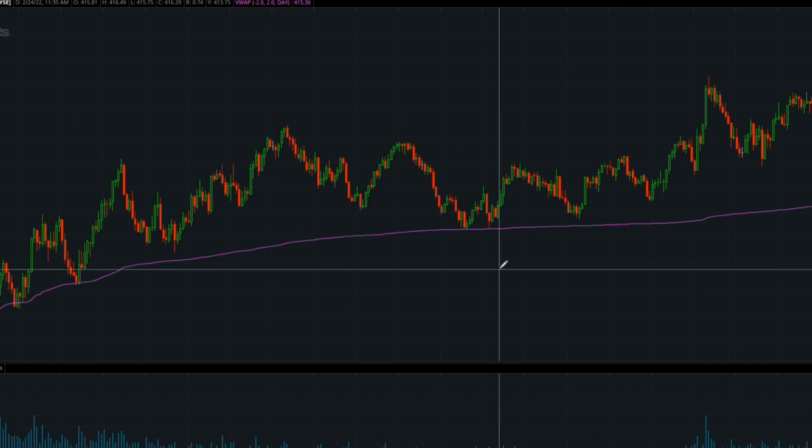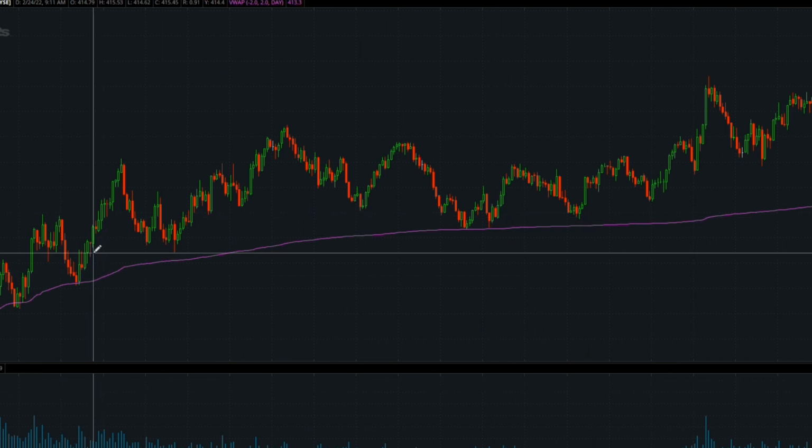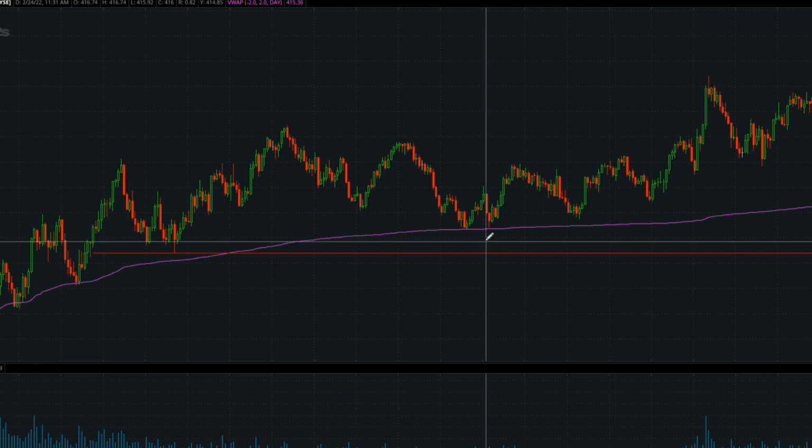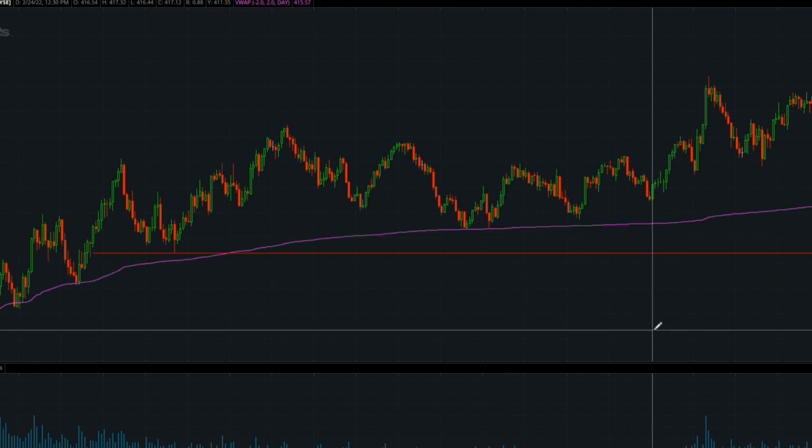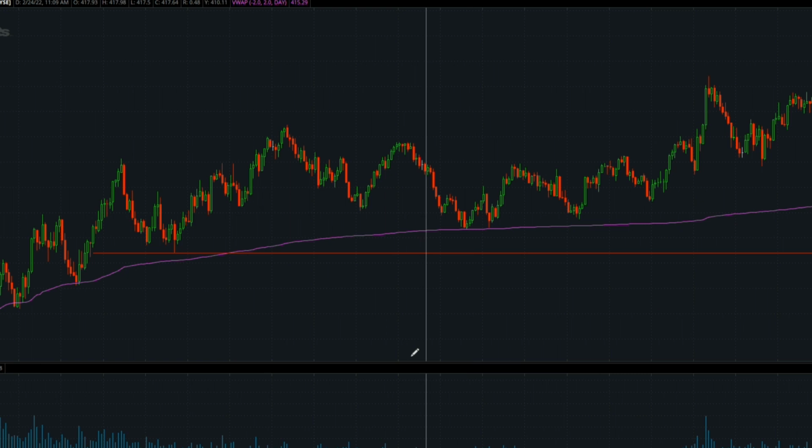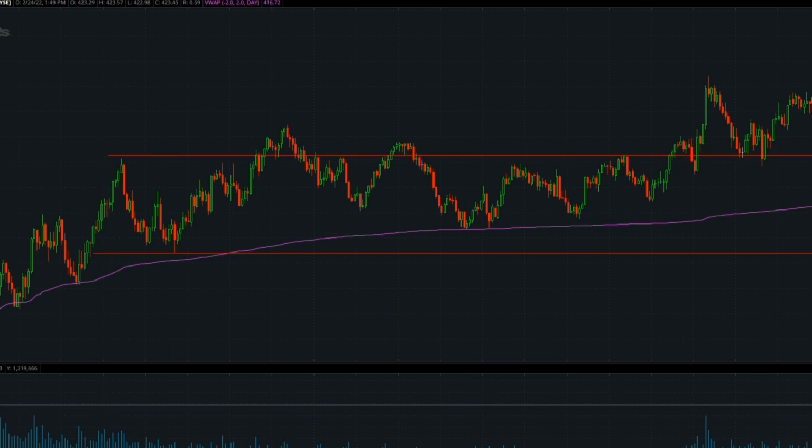And so if I was going to buy this dip here, I could set a risk at this previous pullback level as well and have a really tight risk. You can see my risk is only down to here, and my potential reward, if I'm using a previous high of the day as a reward target, is way up here, giving me a 2-to-1, 3-to-1 reward to risk ratio,